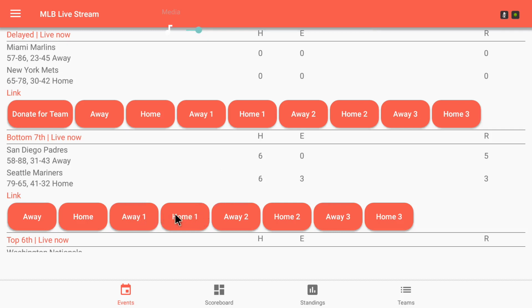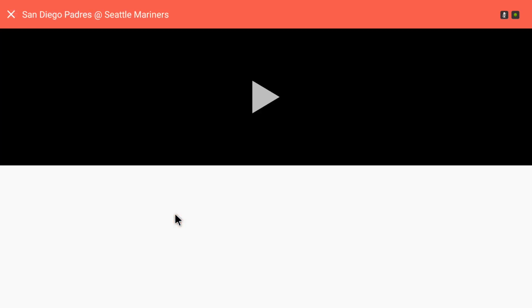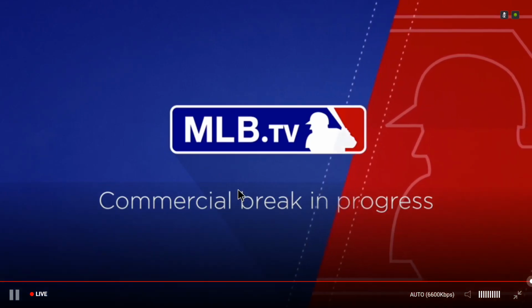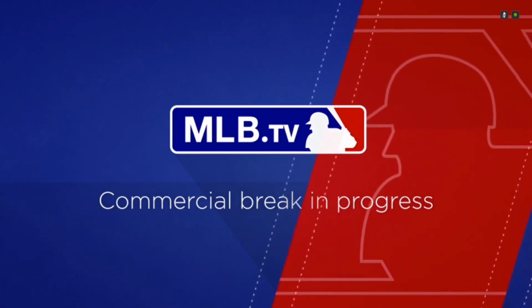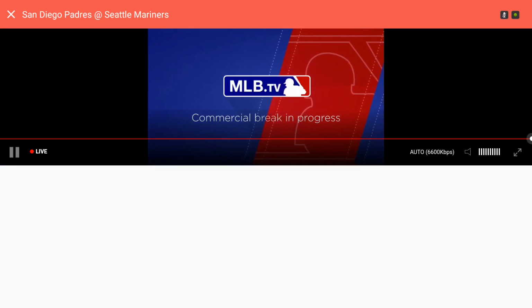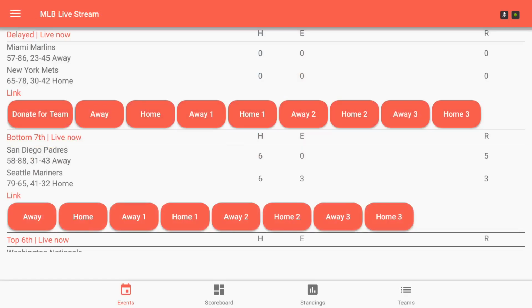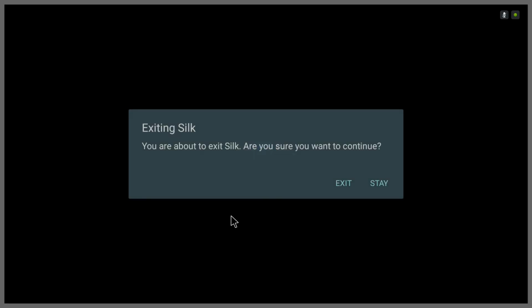Normally you get nickeled and dimed on stuff like that. You can't even watch your favorite teams if they're playing an away game sometimes because they'll be out of your network. But with this, not only can you watch the home and the away, you can watch whatever you want. So if you have a broadcaster you're trying to watch, or a person that officiates the games that you really want to focus on, you just like the way that they do things, go ahead and